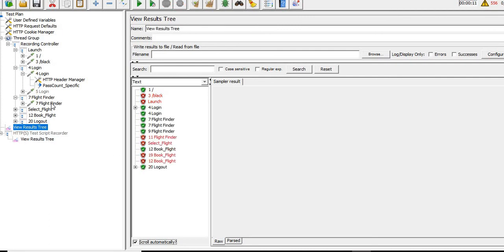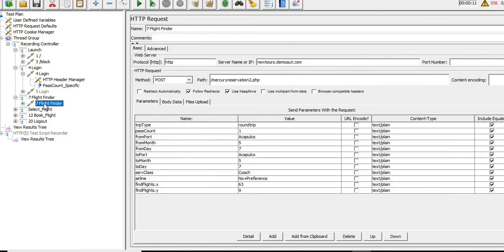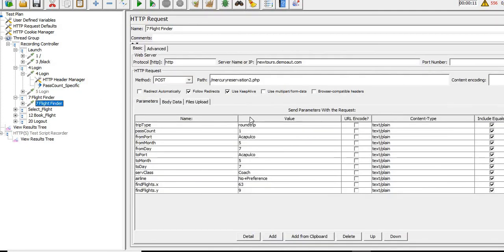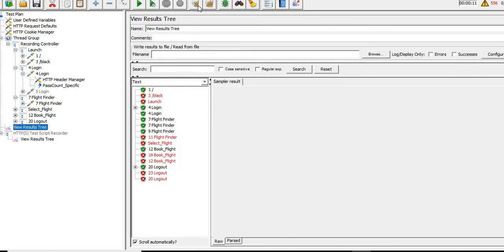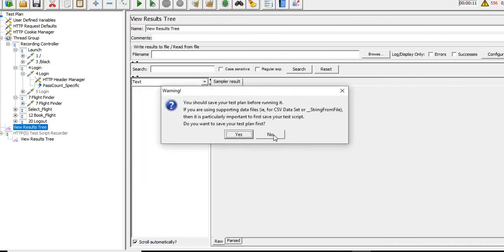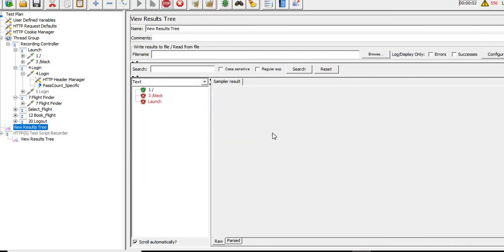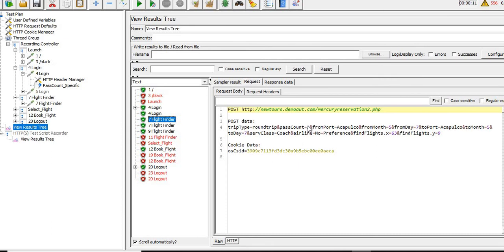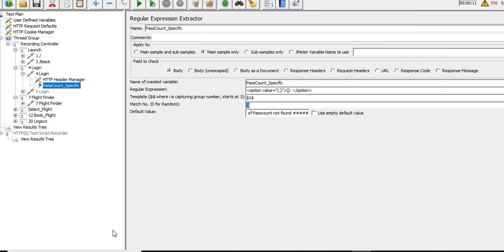So we passed that value in this request number 7. Oh, sorry, we forgot to pass this parameter. Select this value. We need to pass this value parameter over here. Then only we can check this particular thing. Okay, perfect. So I am simply removing this result and replaying the script again. I'm not clicking the save button. Let's see which value gets passed in the flight finder this time. So this is the flight finder. In the request, we can see which value got passed: 3. What we selected during correlation, the third value, was passed.